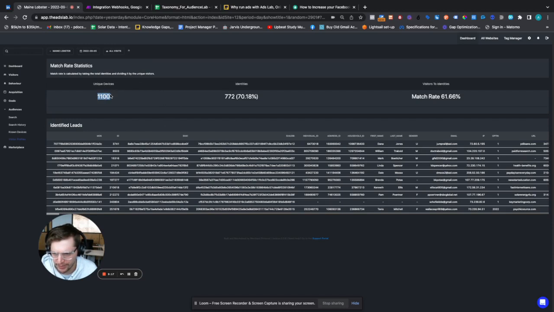So we're looking at the matched devices, right? Because I know a lot of these people come from the US. We're looking at 1,100 matched devices, and of those devices, we uncovered 772 identities, okay? An identity is a full profile of somebody that you could put into an ad and market to, and you have a pretty high match rate, okay? So this is pretty cool.